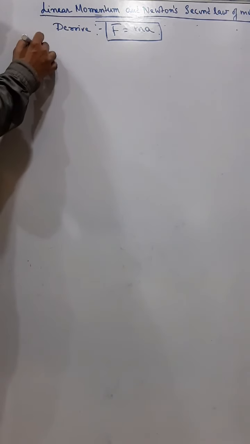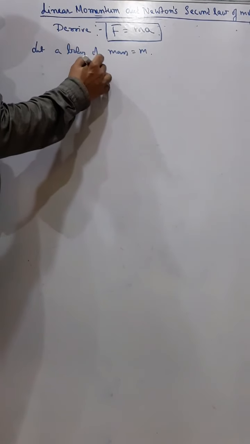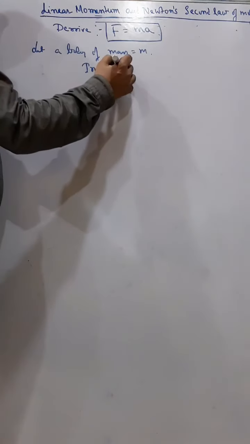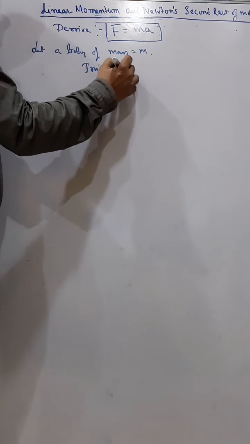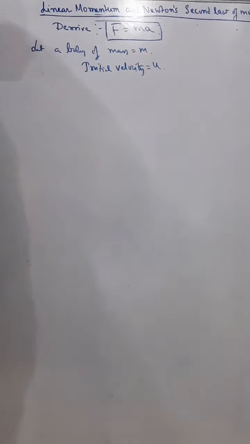Now if I take a body of mass equal to m, and let the initial velocity of the body, that means the body is already moving, initial velocity of the body is u, right? That means a body of mass m is moving with a velocity u,